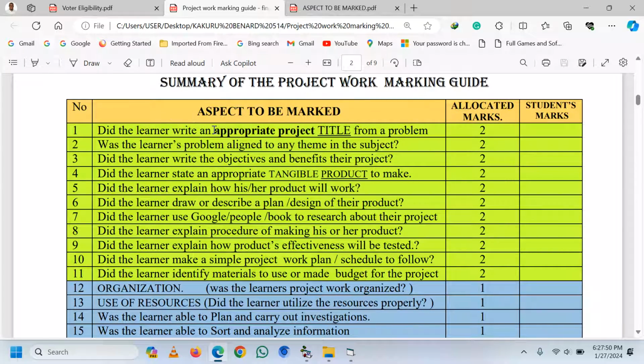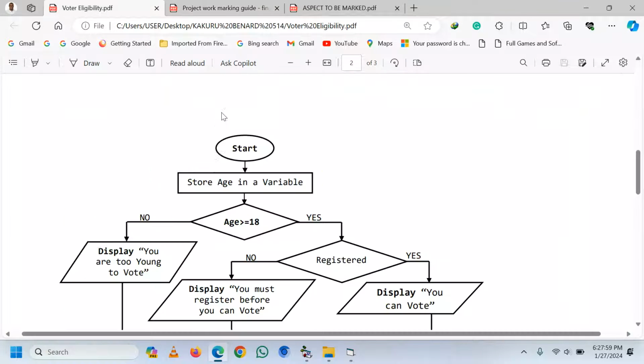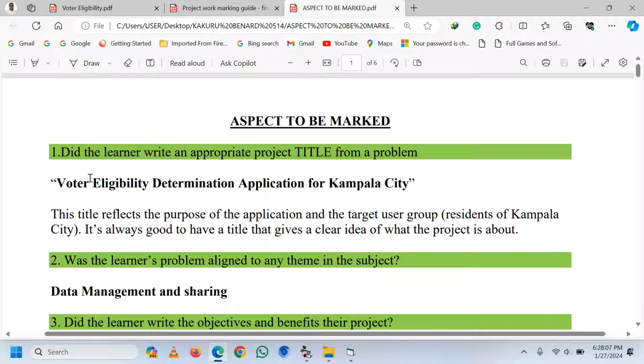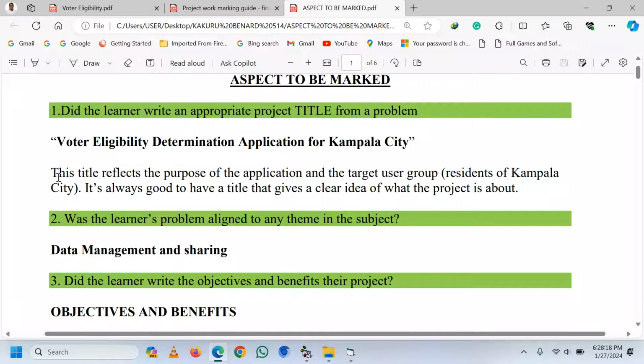There are some aspects to be marked. Did the learner write an appropriate project title from the problem? So we identified this as our problem. KCCA wants this application, and now the learner writes the title as voter eligibility determination application for KCCA. That's the title for the problem. That means the title reflects the purpose of the application and target user group, residents of Kampala city. It is always good to have a title that gives a clear idea of what the